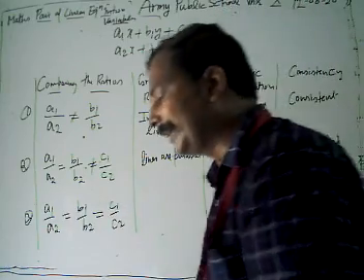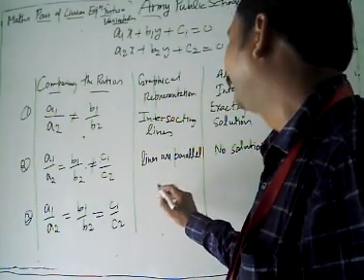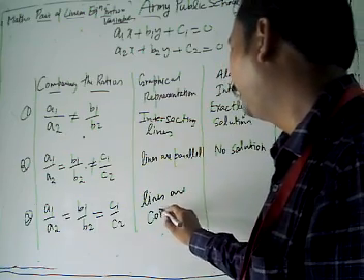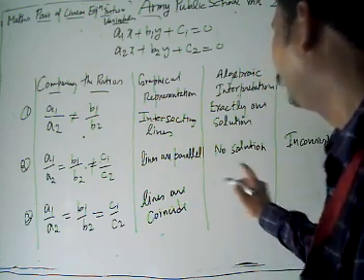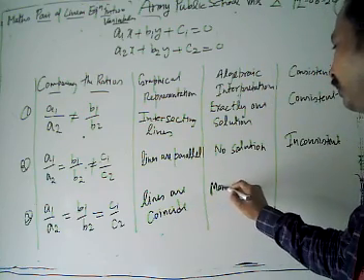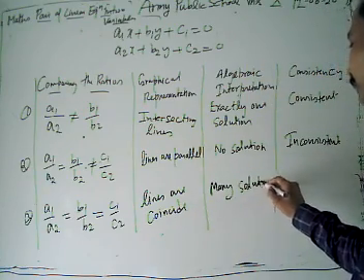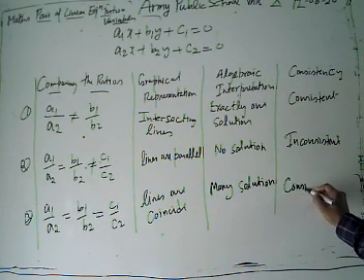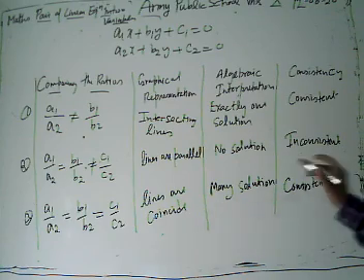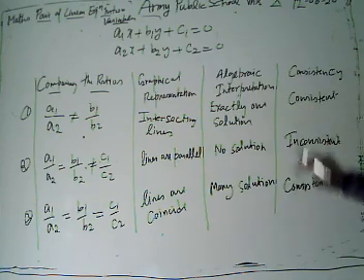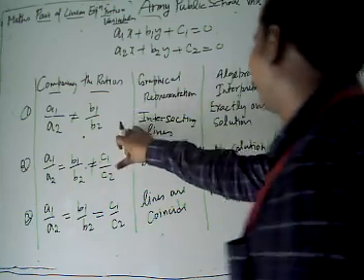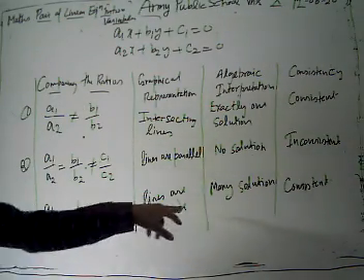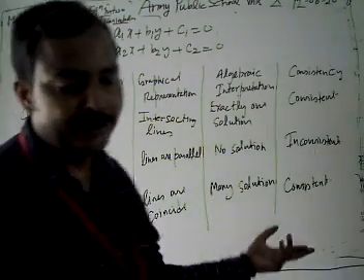But when we have a1 by a2 equal to b1 by b2 equal to c1 by c2, meaning our compared ratios are all equal, it is a case of coincident lines. Then there are many solutions, which means our system is consistent. What is the basic difference between these two conditions? In the one case our equations are independent, but in the other case our equations are dependent.